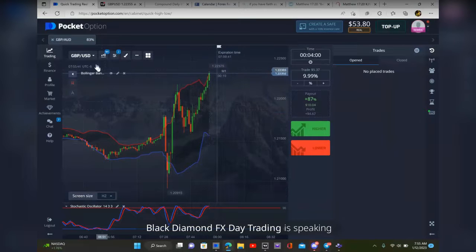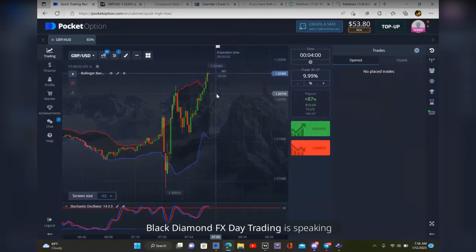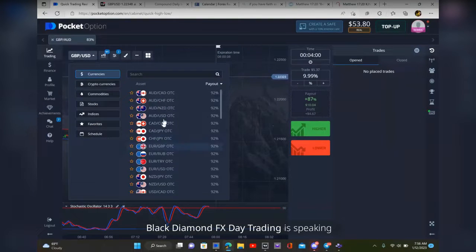All right. Now, what do we look for when we're getting in and out of these trades? Well, the first thing I look at is the stochastic, and a lot of people will probably wonder, why you look at the stochastic first? Why you don't look at the candles first? Simple. I look at the stochastic first because when I click on this and I'm looking for a pair,